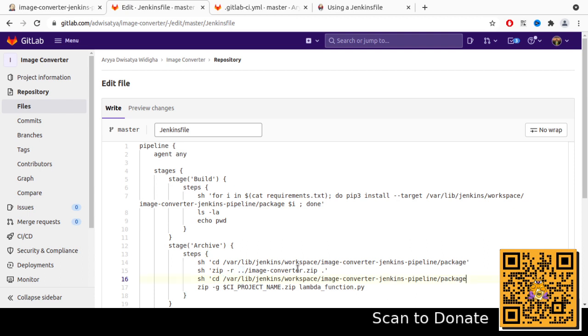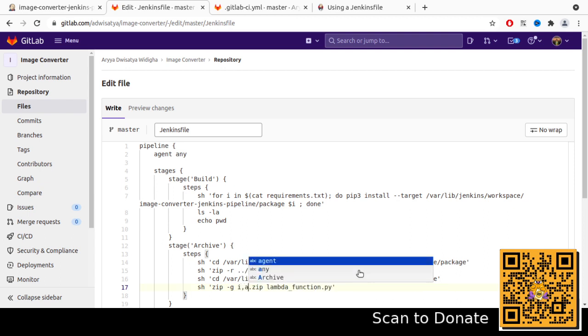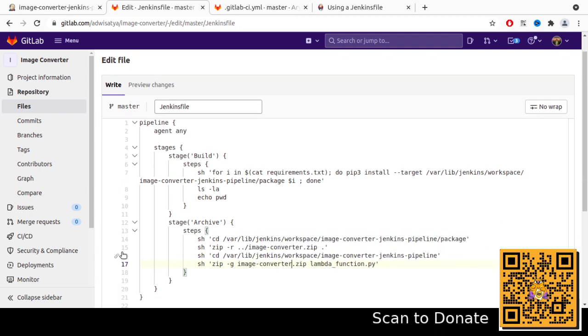This one, let's try something like this, also sh here. Okay, so this will be image converter.zip, should be something like this.